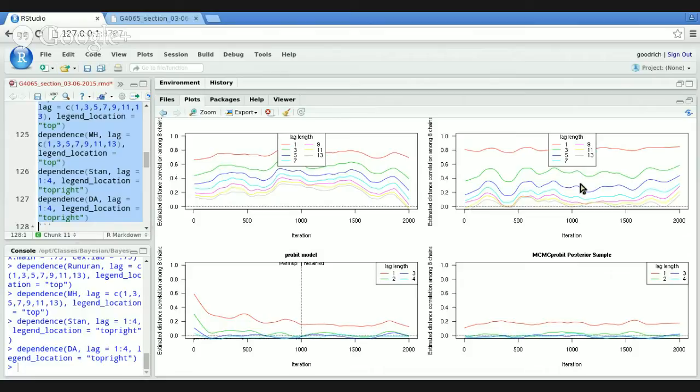Moreover, if you remember, the Metropolis-Hastings one took probably about a second, and the R-Uneron approach took me most of Friday morning to run. So clearly, the performance on this criterion of the random walk Metropolis Hastings sampler is better